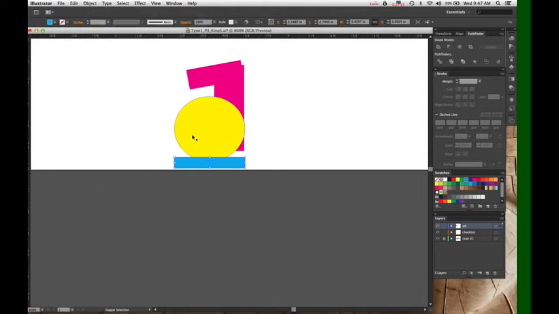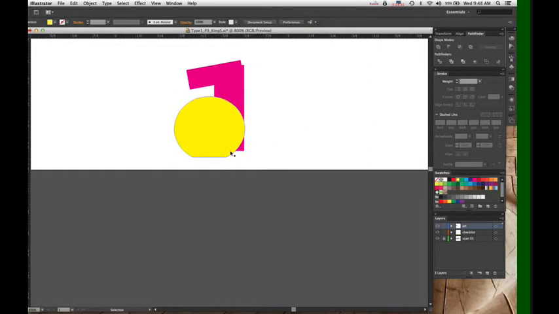I have selected the blue. I'm holding down Shift. I'm selecting the yellow. I'm going to go to my Pathfinder and shape modes. I'm going to do minus front. And that simply deletes the area of the blue rectangle from that yellow circle. I'm going to undo and do it again. All right, so I have the blue rectangle selected, I have the yellow circle selected, the blue rectangle is on top, minus front.